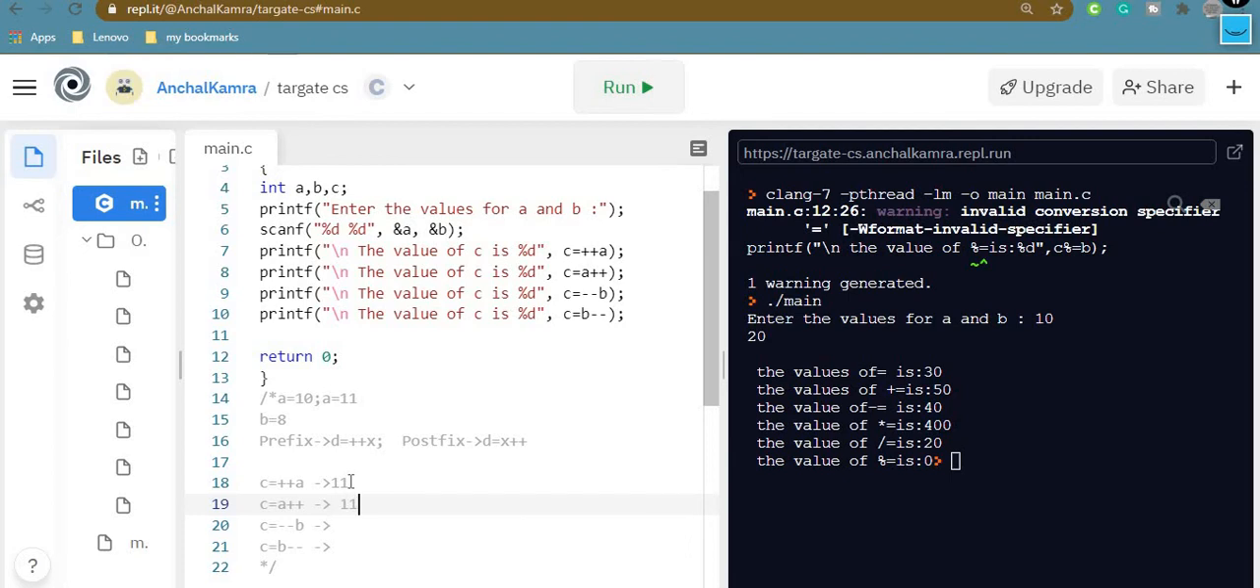So the answer is 11, and then the increment is done. After execution of this, the value of A will be 12. Now in the third part we are performing minus minus B, or you can say double minus B. In this case, firstly the decrement will be performed. So now B will be equal to 7, and then this changed value is